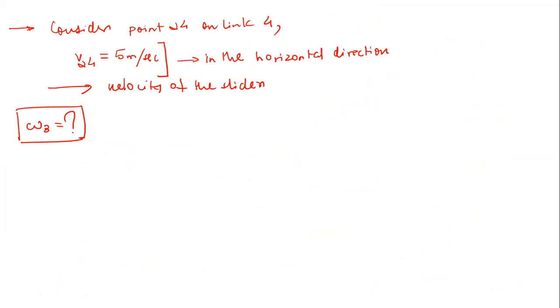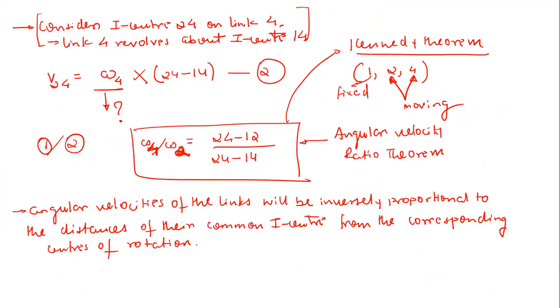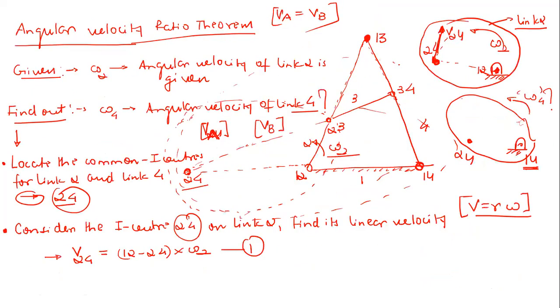Okay, so see, this is very obvious. If you go to this angular velocity ratio theorem, what I just said, that this 2, 4, right? You can imagine this 2, 4 on link 2 and link 4, both, right? And in both the cases, since it is a common point, it's an instantaneous center point, its velocity will remain the same. This is obvious. A single point cannot have two velocities, be it in magnitude and direction, both. So it cannot have two velocities.